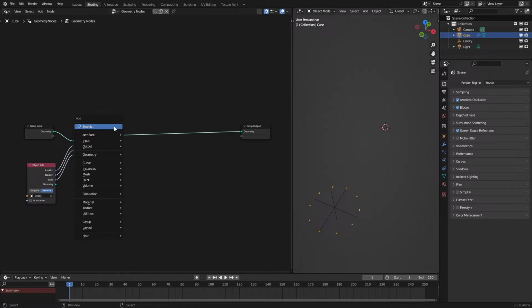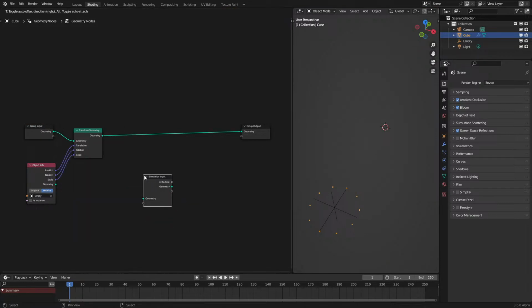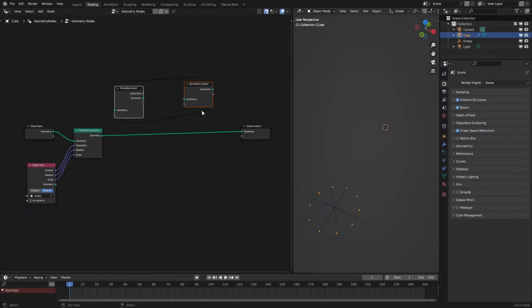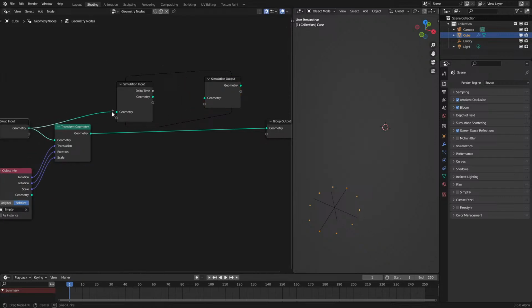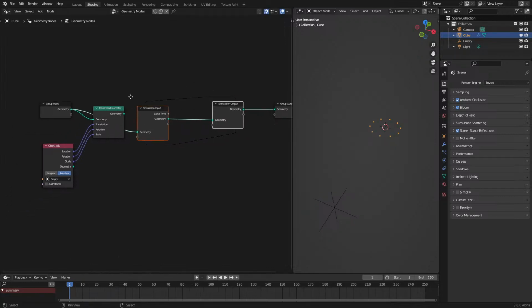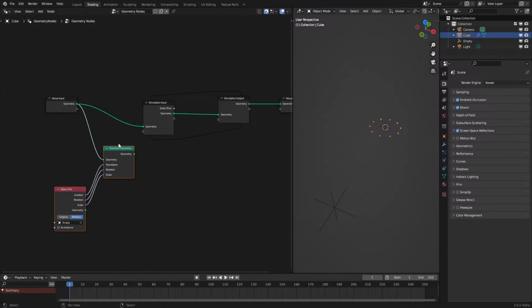So now it is time to add in the simulation node. So let's do simulation output, simulation input. Let's put it right here. So we just want the default geometry to be put into the simulation, and then that to be like that. There we go. So now that we have that set up,